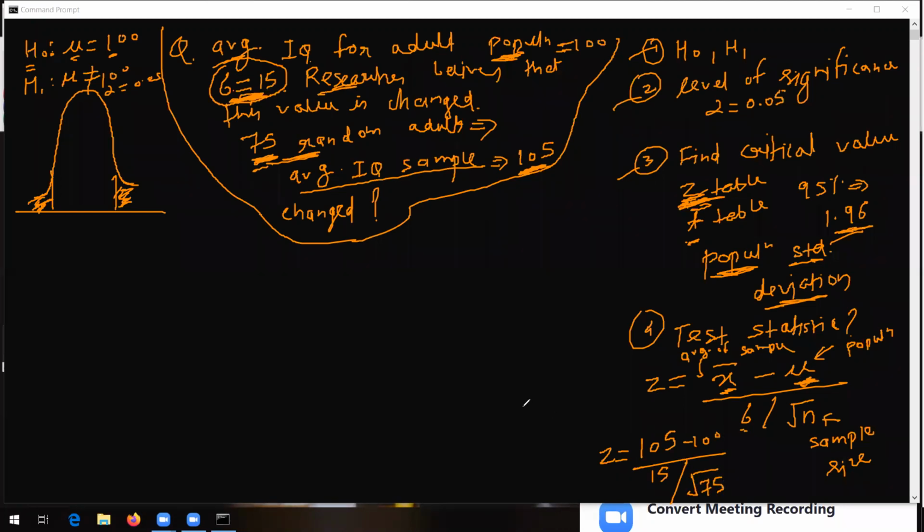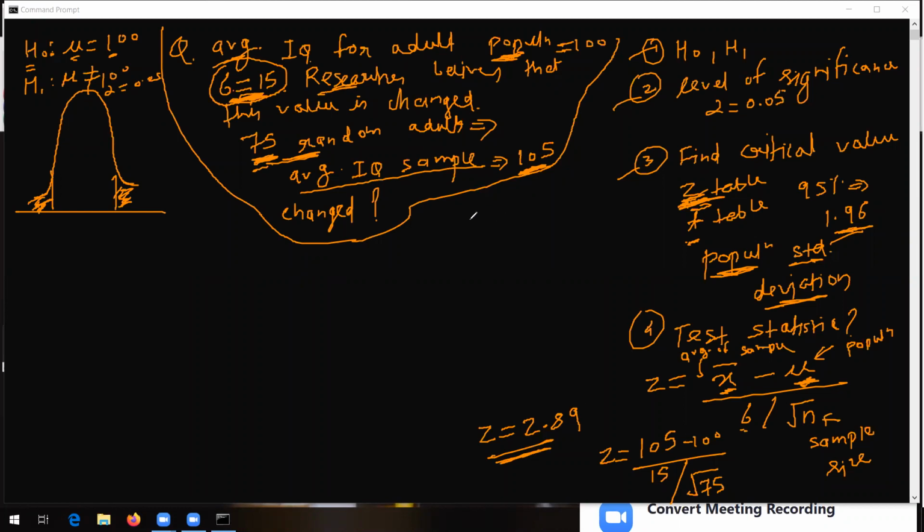Right? So just calculate this particular value, all of you. Z is equal to, I don't remember that answer. Can you please calculate this value and let me know what result you are getting? So it will be 5 divided by something like this, 2.88. That means just consider it as approximately 2.89, for example. So this is your test statistic, right? So in the fourth step, we found out the test statistic.